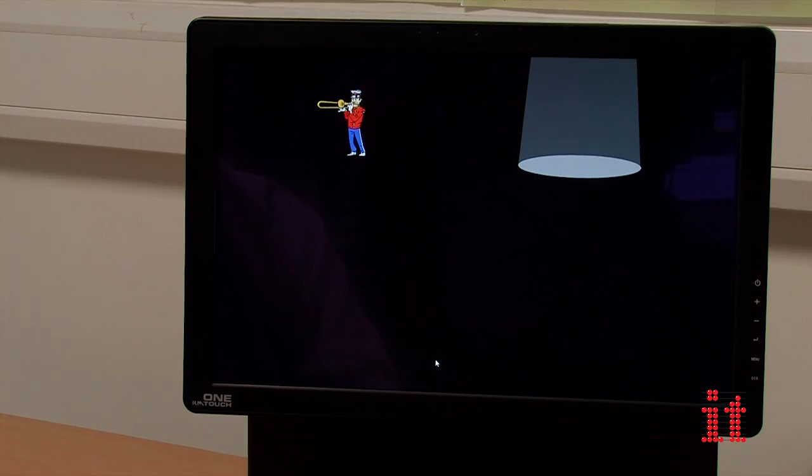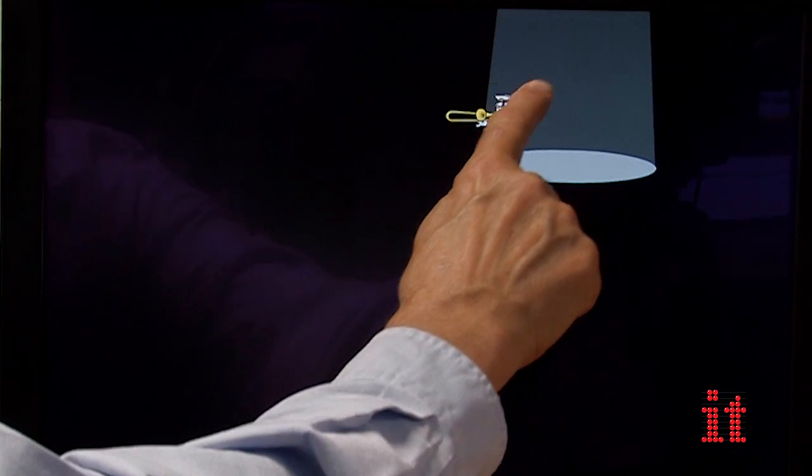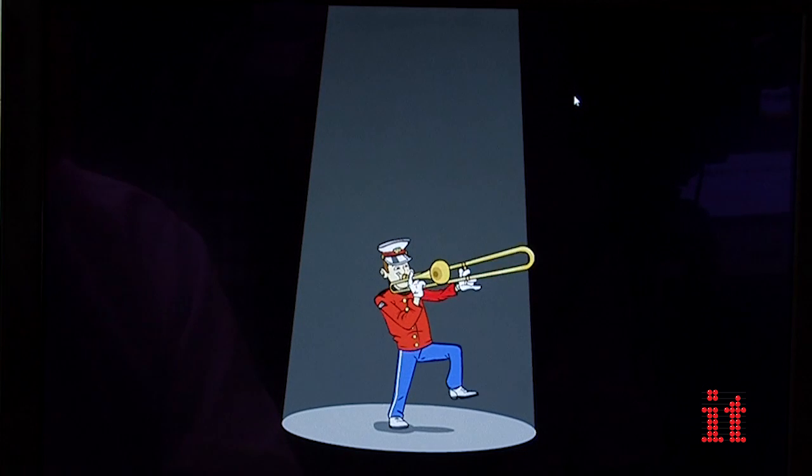For the last activity we're introducing an important new skill, that is the need to be able to drag things around the screen. It requires much better finger control than just touching. We can take them round. The job is to get them into the spotlight and then